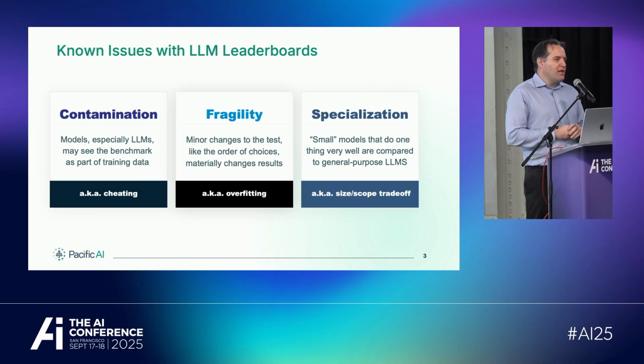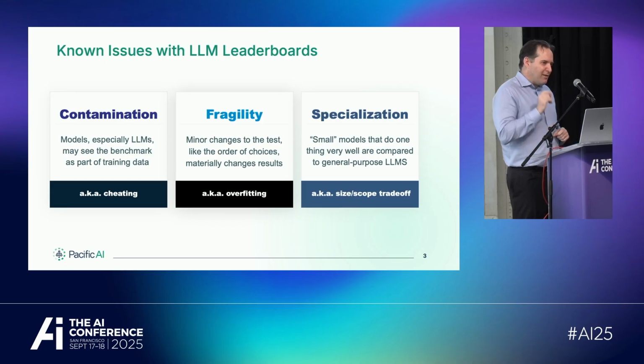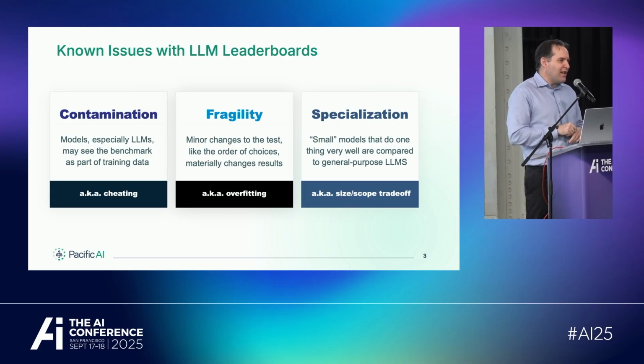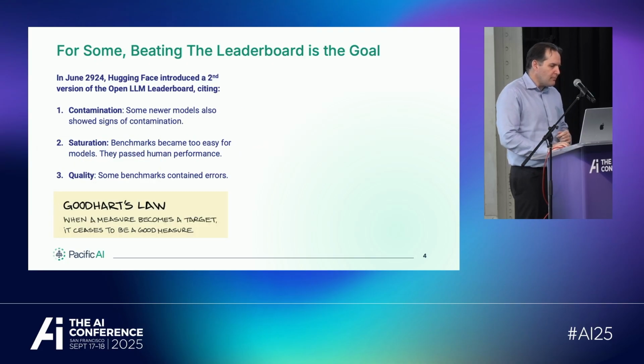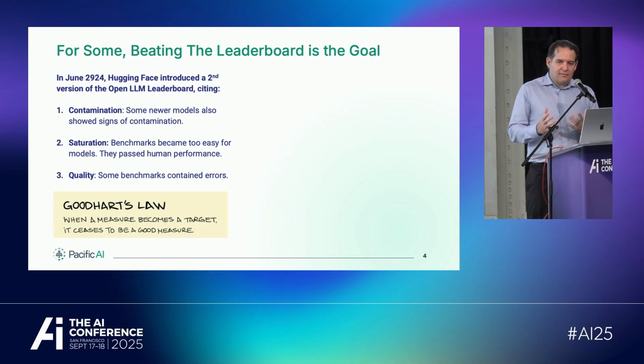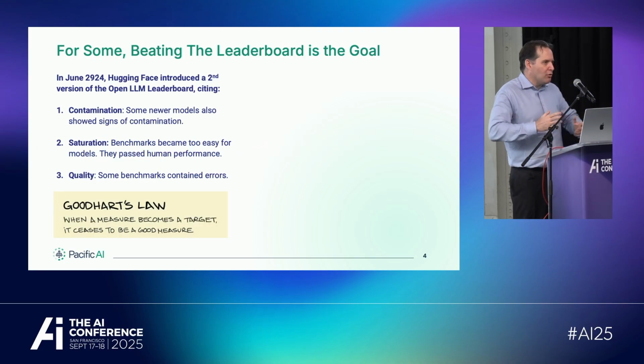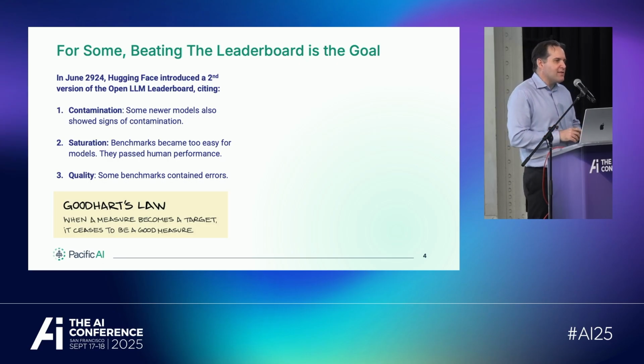Fragility, which seems to be even more of a problem in healthcare and in other domains, where a model does really well if you ask it the exact same question from the textbook, but if you change one little thing, you can see that the accuracy drops to significant levels. And the third issue is more of a trade-off, which is really should you be, and when should you be, comparing general purpose models with task-specific ones. So let's start. Data contamination is a very well-known issue in this space.